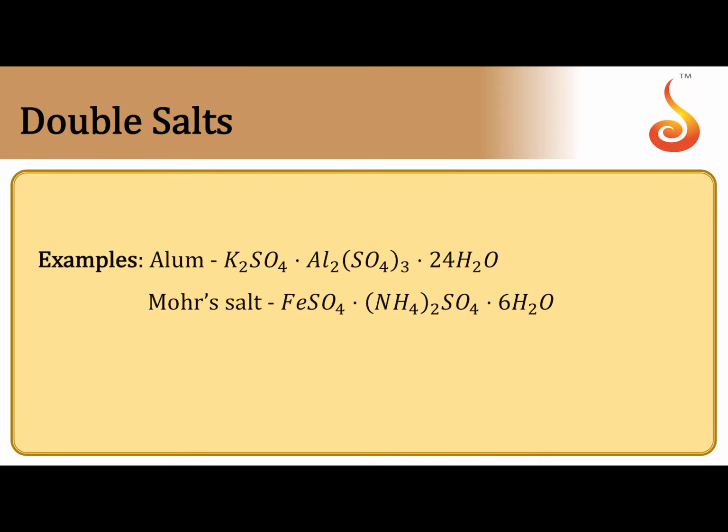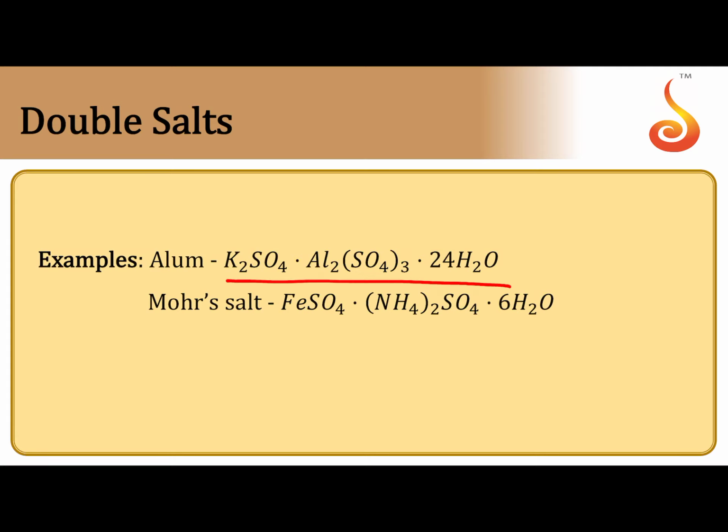Coming to coordination compounds: coordination compounds and double salts, the formation is similar. The main difference between a double salt and a complex salt is this: a double salt is formed by the combination of two salts. At the same time, a complex compound is also formed by the combination of two salts. When a double salt is dissolved in water, it undergoes complete ionization to give all types of ions present in it. Whereas a complex salt won't undergo complete ionization to give all types of ions present in it.